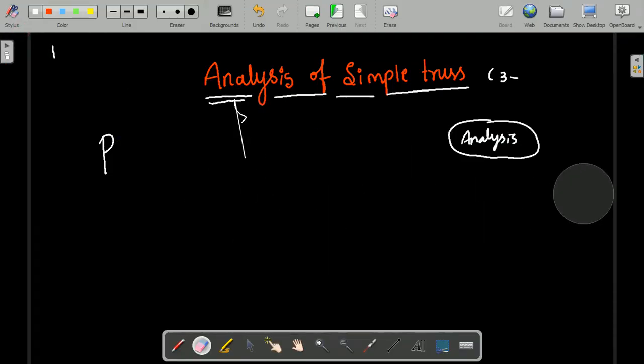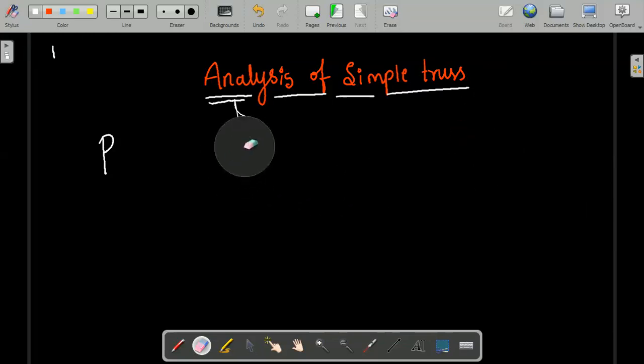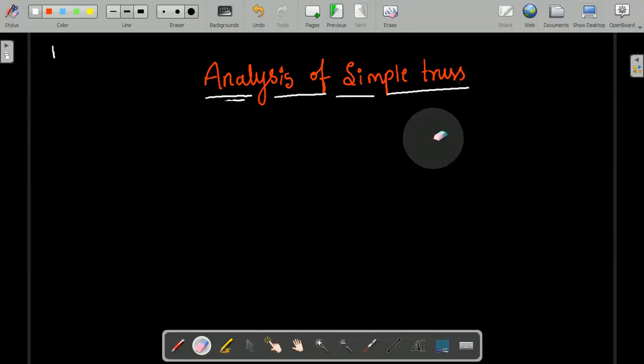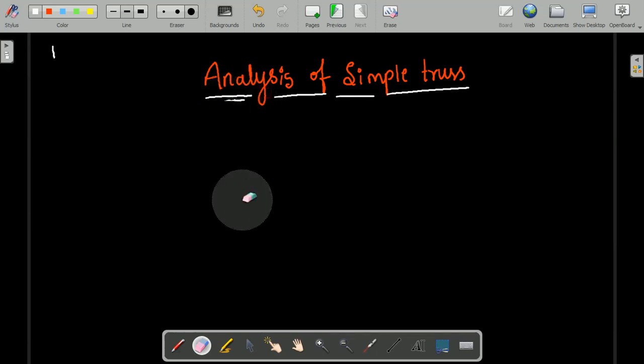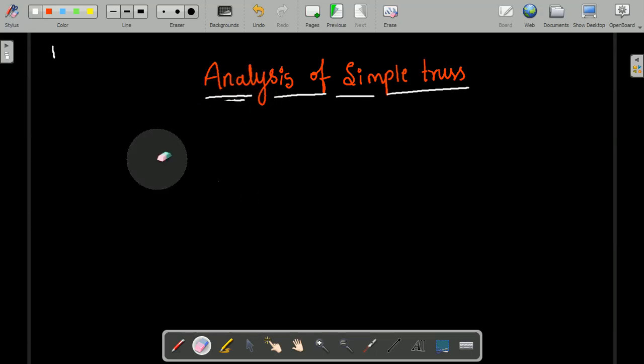So then what is the necessity of analyzing this truss? A truss is nothing but a system in which a number of members are connected systematically in order to transfer the load as well as to share the load from one member to another member. So that is why we are considering it as a truss, and the only thing here we are dealing with is the internal forces which are developed in the different members.